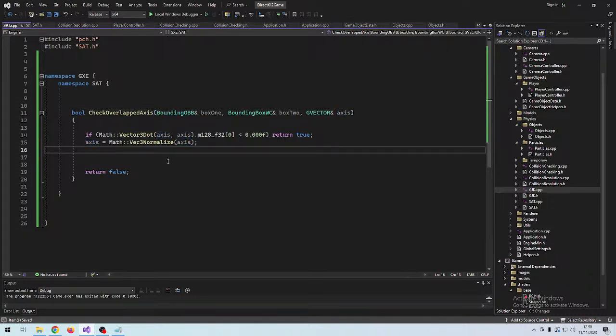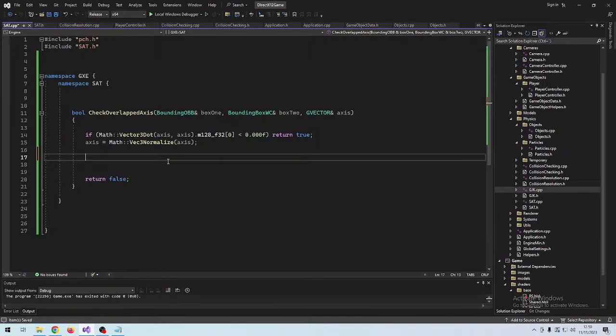So we will project the radius for the first one onto the axis, and this will be a sum of box 1 half widths